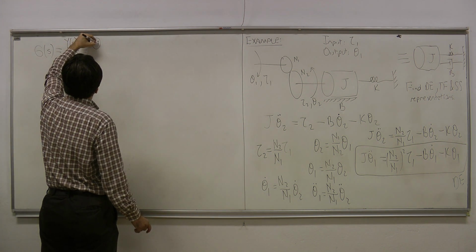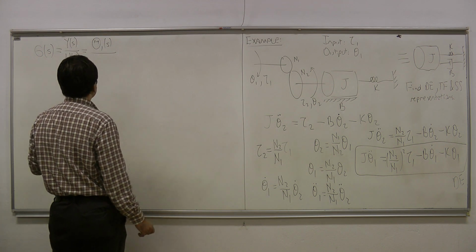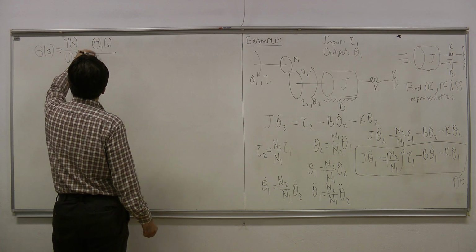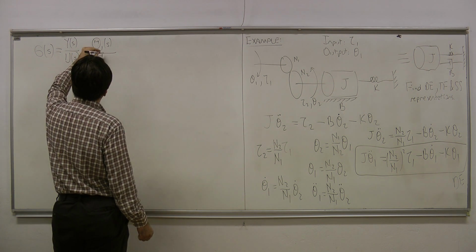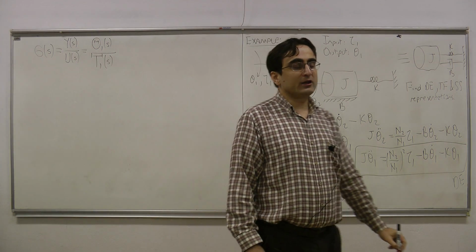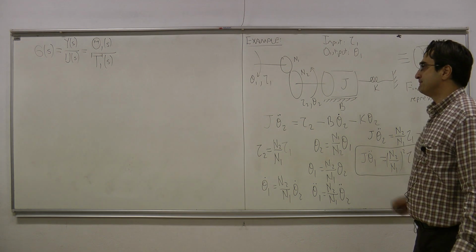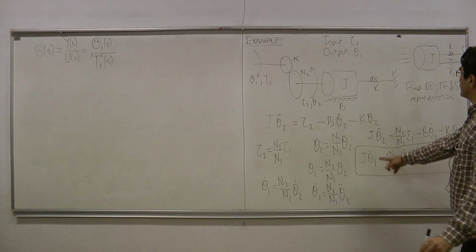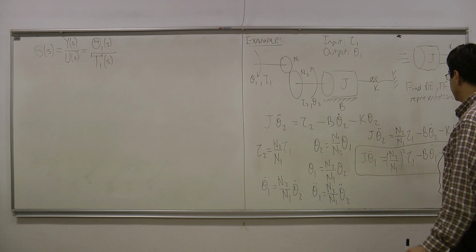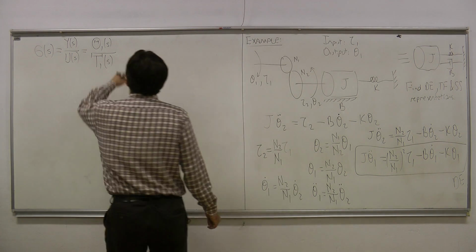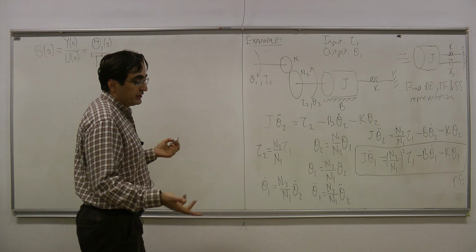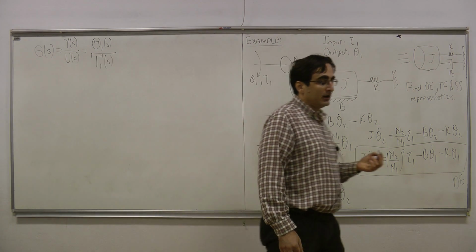So I'm going to write here capital theta 1 of s divided by the Laplace transform of the input, tau 1. I don't know what the capital of the letter tau 1, so I'm going to write something like t here. It is going to be this strange t1 of s. Okay? Now, in order to be able to calculate that, I will pass this differential equation into Laplace domain. Let us do that. And while assuming zero initial conditions, so a derivative is just multiplication by s,